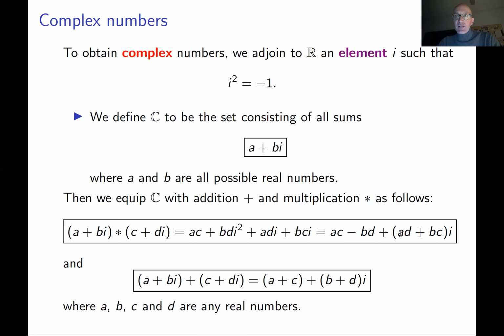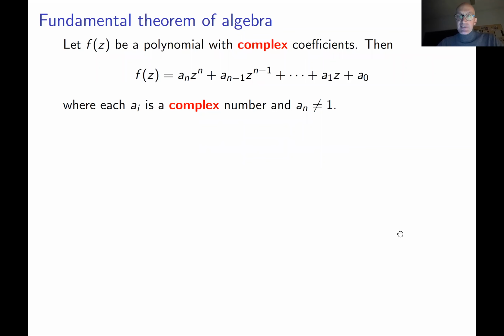But this is not why complex numbers are so important. There are two reasons why they're so important. One reason is that it's very often that some problems about real numbers can be solved using complex numbers. We will see some examples in the future. And another reason, more theoretical, is that complex numbers satisfy a very beautiful property described on the next slide.